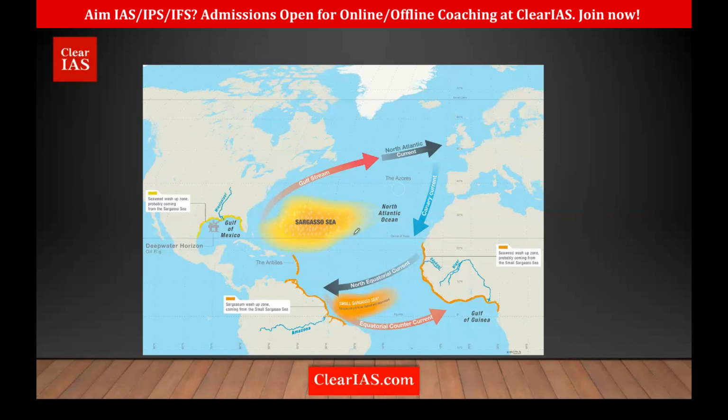Why is it important? When you learned in geography, you would have learned about all these currents. Okay. We have the North Equatorial Current here. We have the Gulf Stream. Then the North Atlantic Drift, and here you will have the Norwegian Current, and then comes back the Canaries Current. Okay. So this is the gyre circulation, and this Sargasso Sea is actually entrapped within that. This circulation entraps it, like a tornado, a turbine. Okay, it goes on like this.